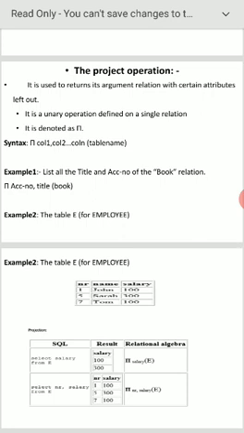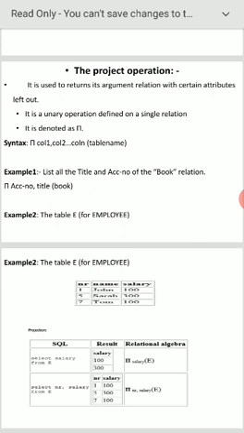Sigma is for select operation. Sigma, then salary greater than 5,000 and salary less than 20,000, close the bracket and write the table name employee. Now it will display only those tuples where salary is greater than 5,000 and less than 20,000. Here it will display the entire tuple.